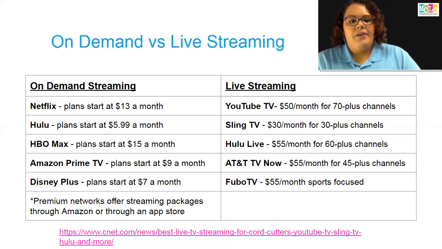And Hulu Live, $55 for 60 plus channels, and then AT&T TV Now for $55 a month, and Fubo TV at $55 a month is sports focused. So if you are, they say a soccer fan is a really good one. Right now, live sports are kind of on hold, so maybe not right now would be a good choice, but it's something to definitely keep in mind if sports is your thing. So that is another option.